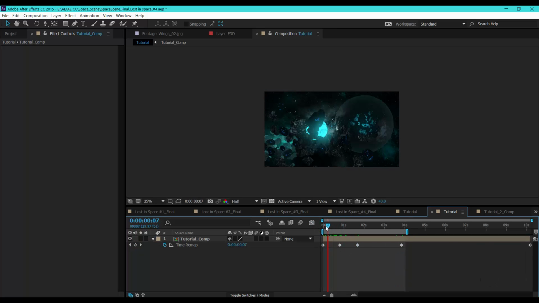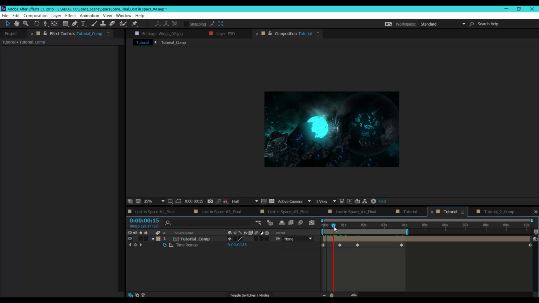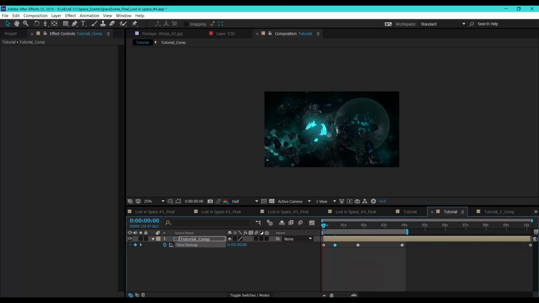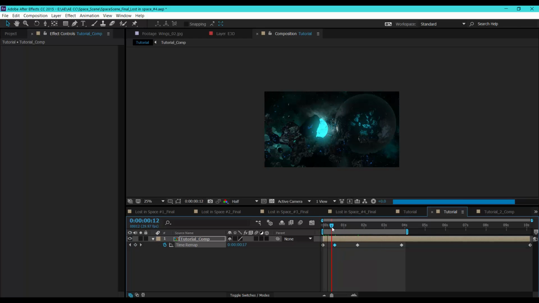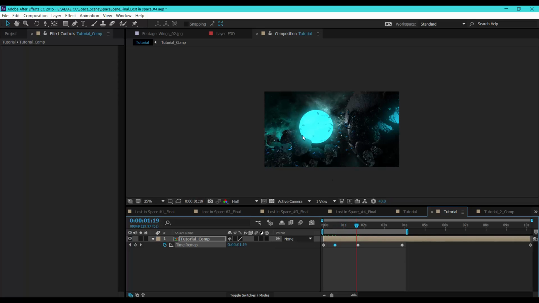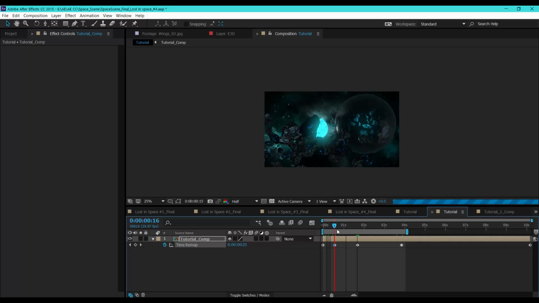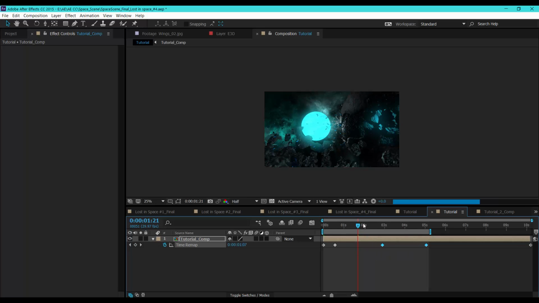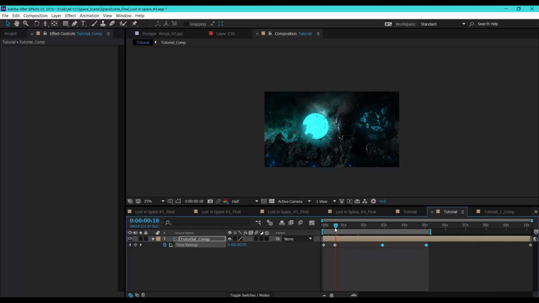But first let's move this keyframe here because I want this to be coming very fast and then slow and then slowly going towards this planet. Let's move all these two keyframes right here. Let's play this back.